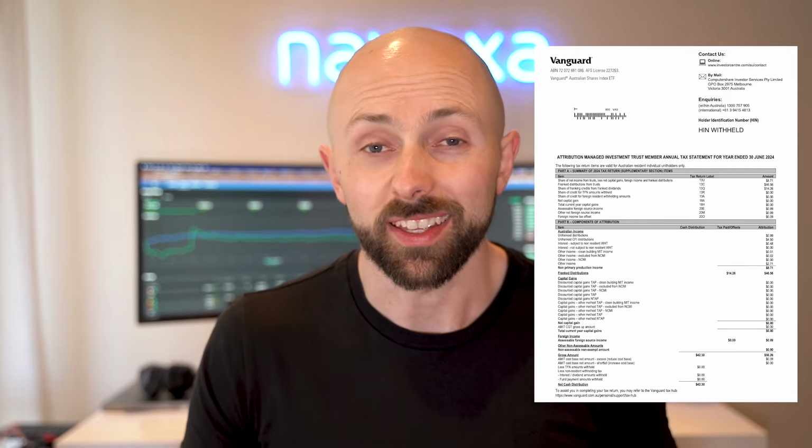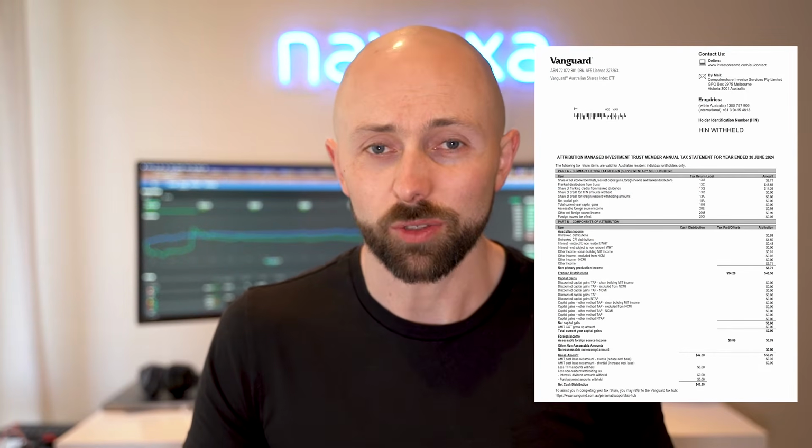If you're an Australian investor who's been dealing with ETFs for a while, you'll all be familiar with the AMIT statement that you get at the end of every financial year. Now, people often wonder, are the numbers on this statement actually that important? And I'm here today to tell you that unfortunately, yes, they're extremely important when it comes to calculating capital gains